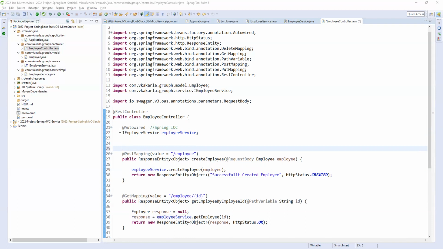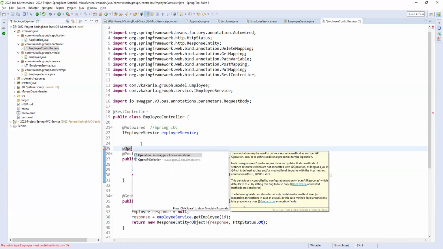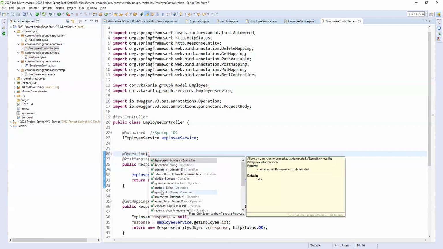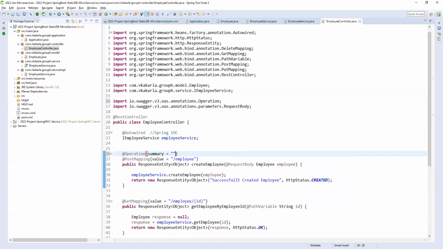So here we have the @Operation annotation. If you Ctrl-click here, many parameters appear. First is the summary. What is the summary? Create employee API, or save employee. This is the summary of this API.